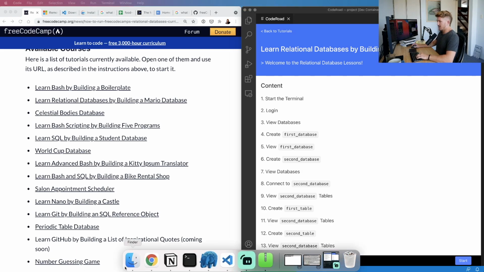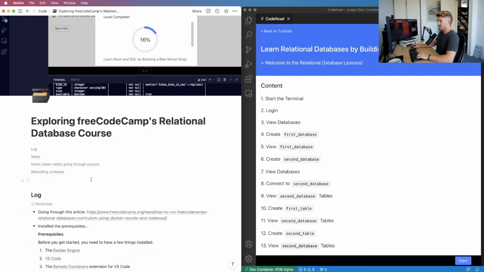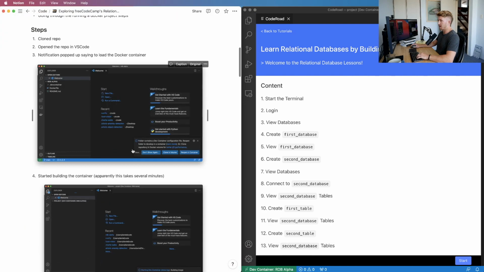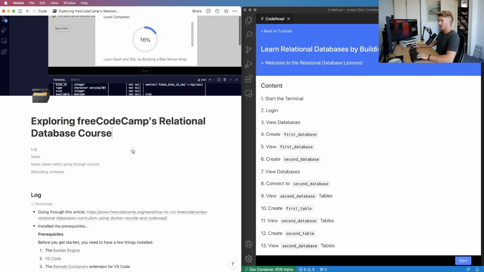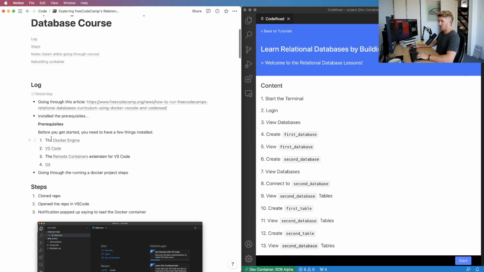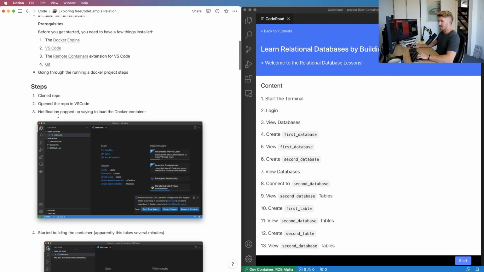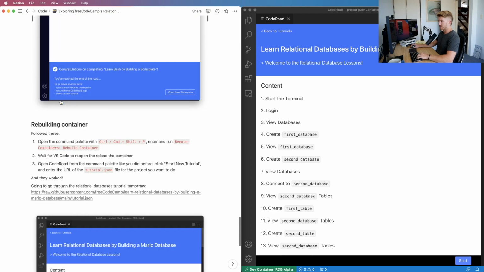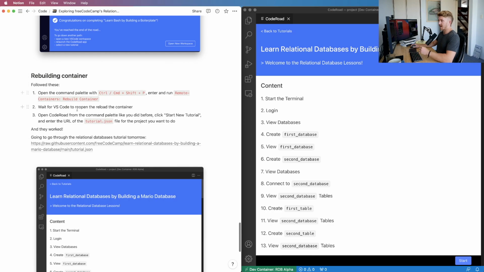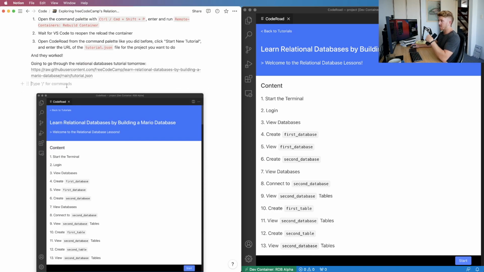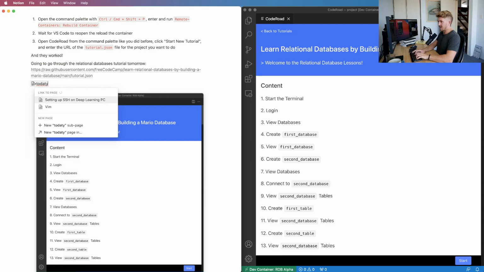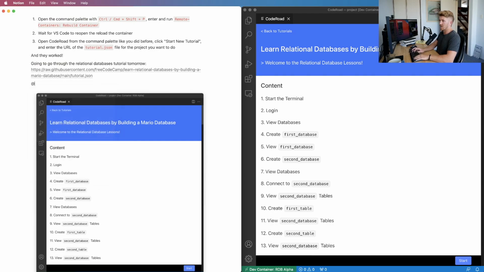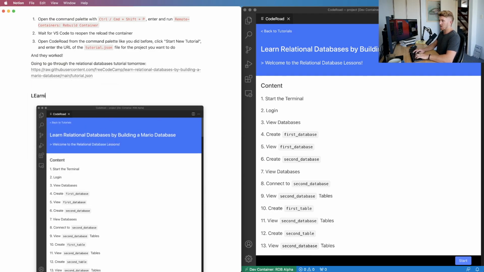And I've also got a little Notion going on here with what's happening. So this was yesterday's notes. So log yesterday. And now we're down to here. So rebuilding container, and let's just put some notes in here. Today, we'll go learn